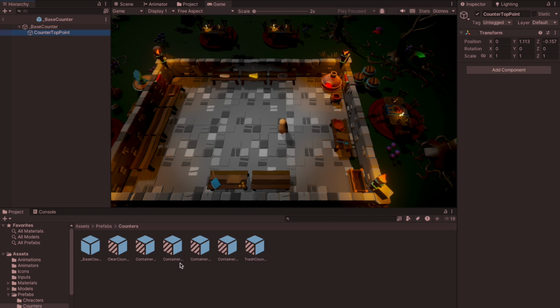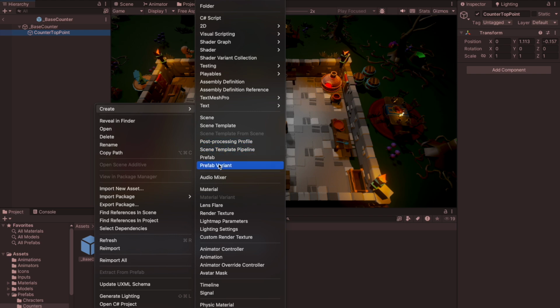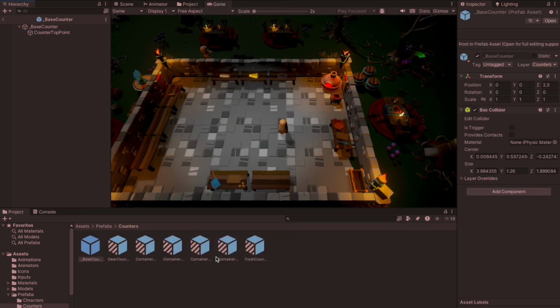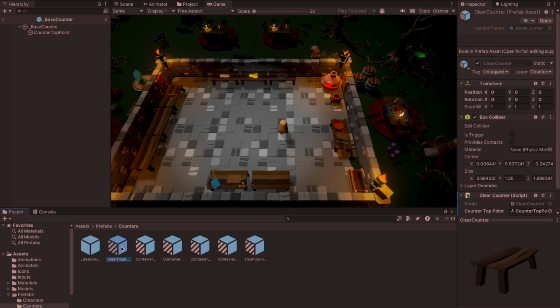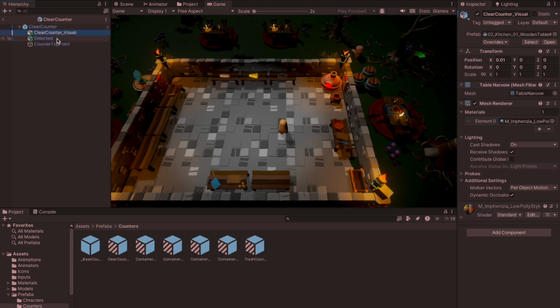And all the other counters are variations, and how I've defined that is, if I right click on here, I go on create and I click on prefab variant. So that's why these different objects are now prefab variations of the base counter. So for example, we talked about a clear counter, so we have this prefab variant. If I go inside of it, it has a clear counter visual, and it also has a selected prefab visual,